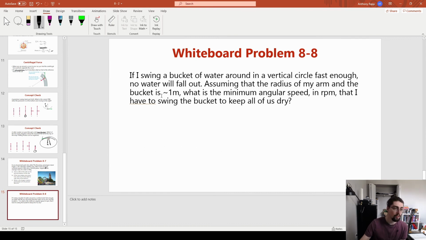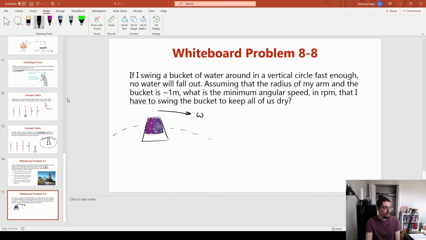Let me run through it real fast. But it's much the same thing. If we're thinking about what's going on, and I can even just draw it on this one, here's our bucket filled with space water. Filled with space water like that. If it is moving around in a circle just like this, and let's imagine that it's got an omega that looks like that,